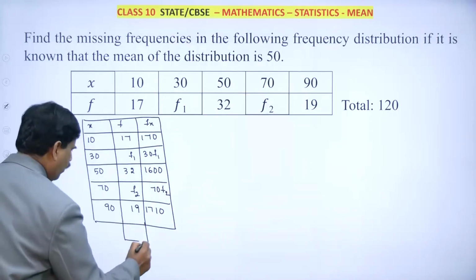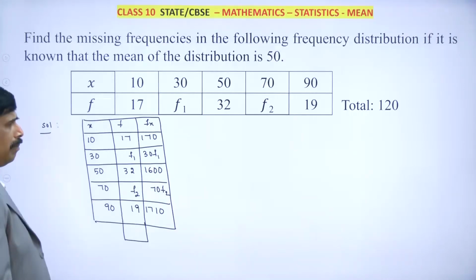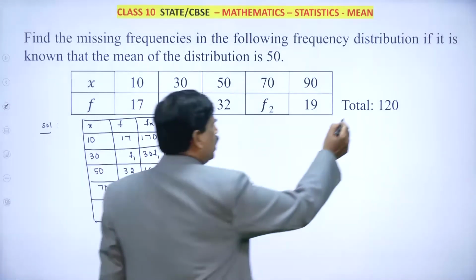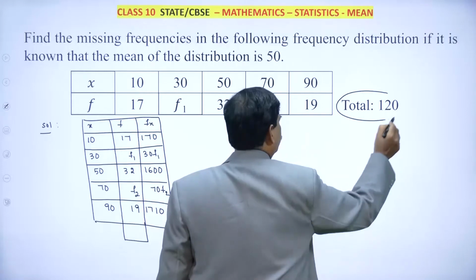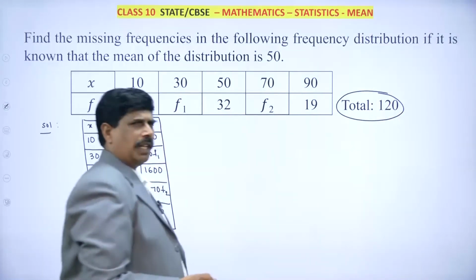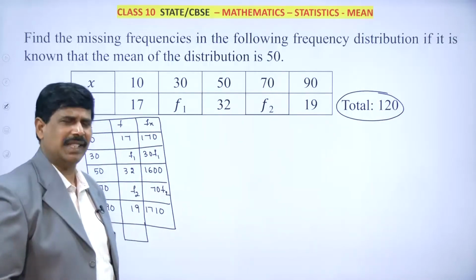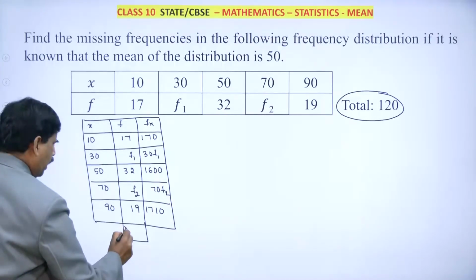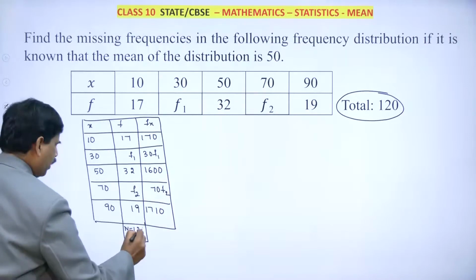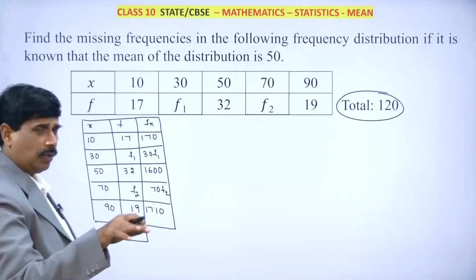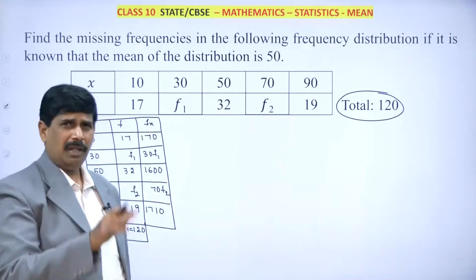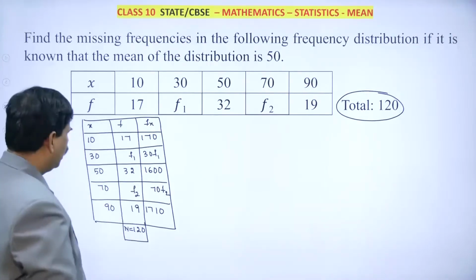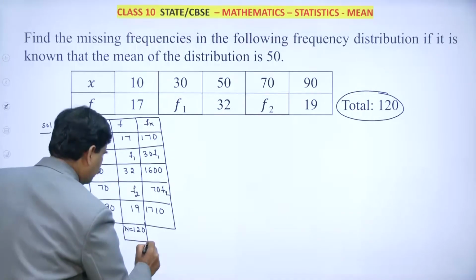So now we'll find the n value here, children. But remember, the total is given here, 120. What has he given here? The n value he has given as 120. So this only we will write. N is equal to 120 we will write. You need not add all those now. You need that condition also, but now we don't need it. Now this we know.